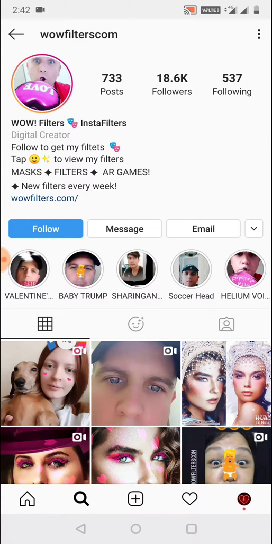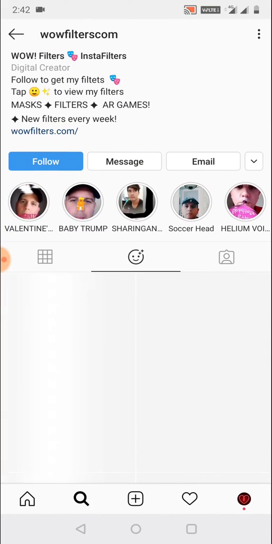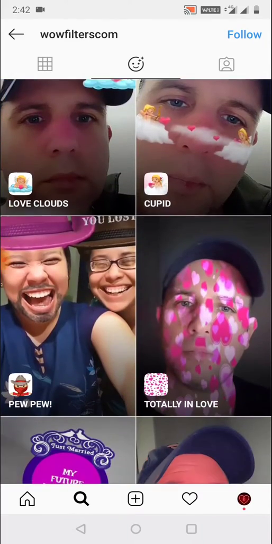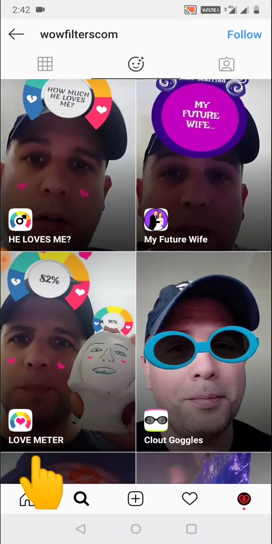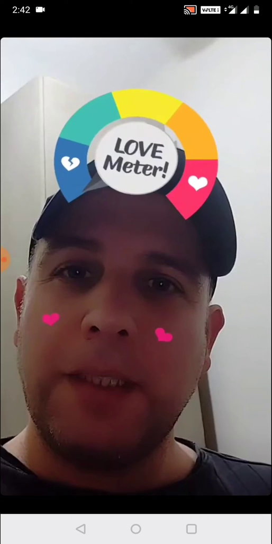So you need to click on this emoji icon here and scroll down. Yeah, here you can see the love meter Instagram filter. So just click on this one, and if you want to save this filter to your Instagram filter list, then